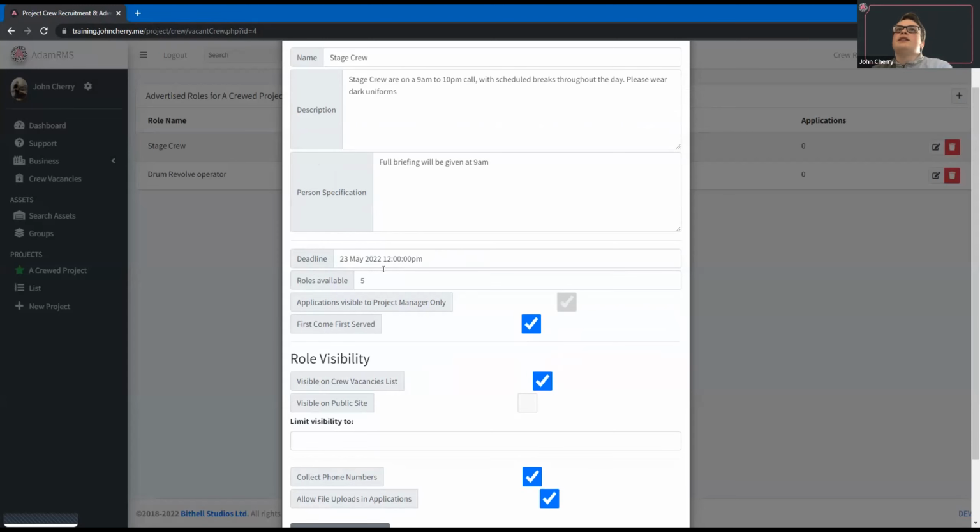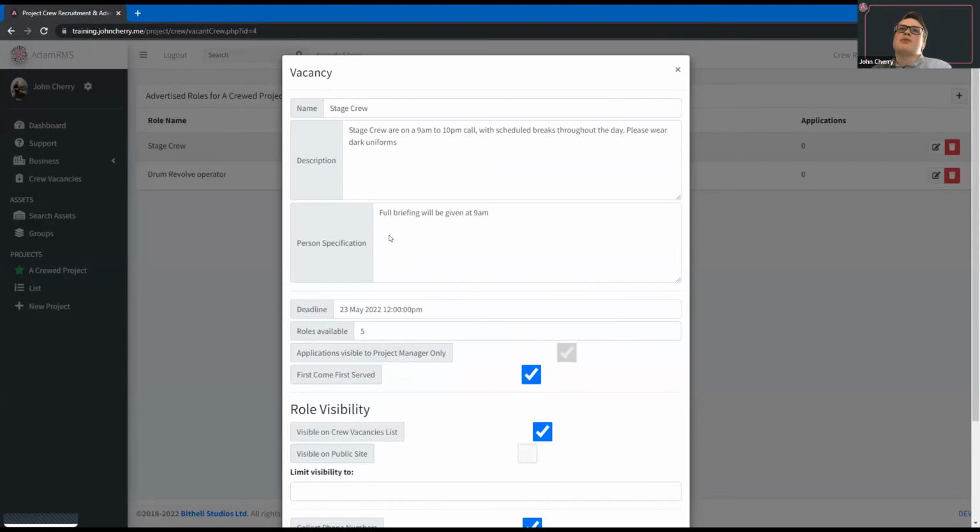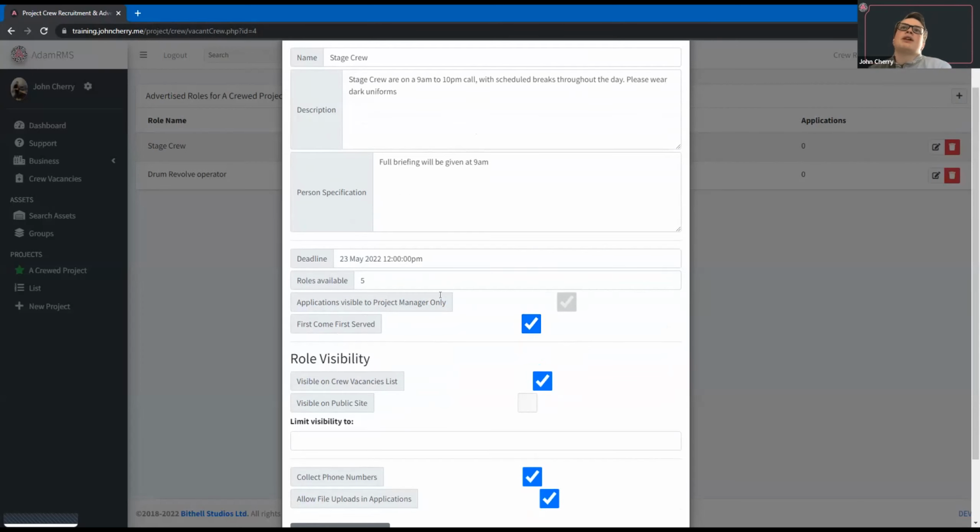You should set a deadline for your application so that people know when you're expecting to make decisions. And then roles available is how many of these roles do you need? When you create an application, you can set it so that the results, the applications are only visible to the project manager of the project. This might be that you've got a particularly contentious